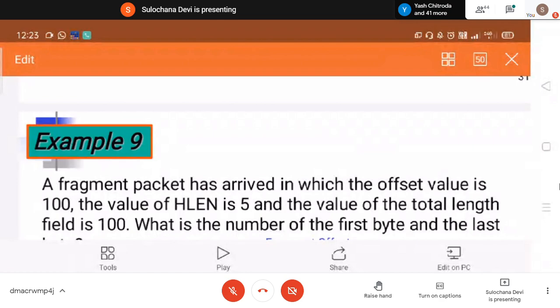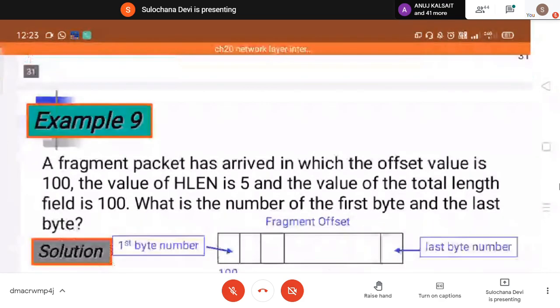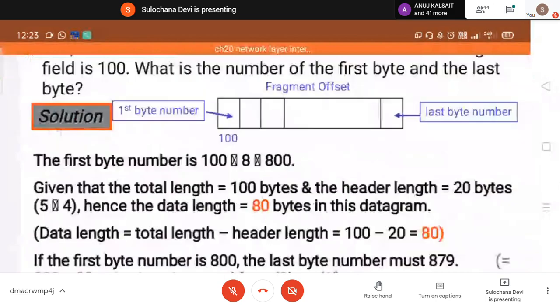But the last byte will be one less, because we are counting from 0.